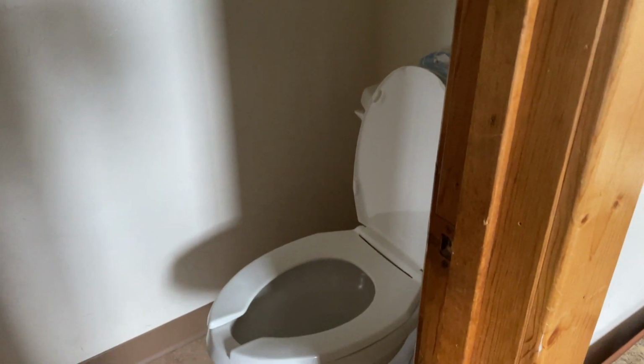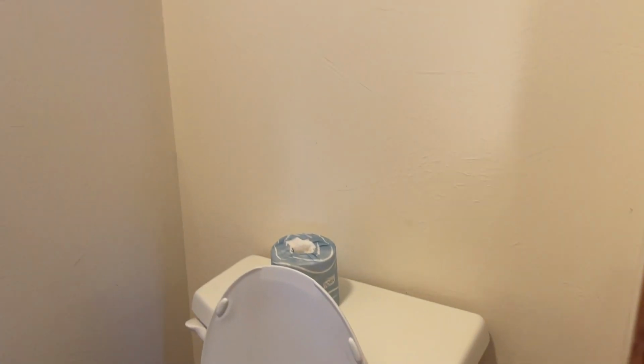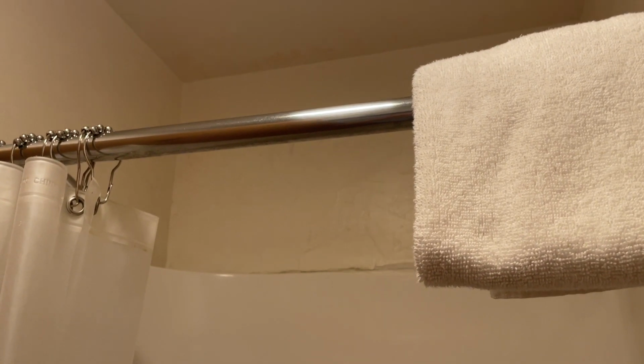Here's a luxury, your very own toilet, lots of towels, extra toilet paper. It is a tiny bathroom, but you get your very own shower. Bath mat,